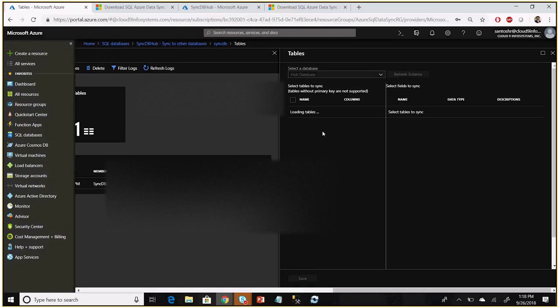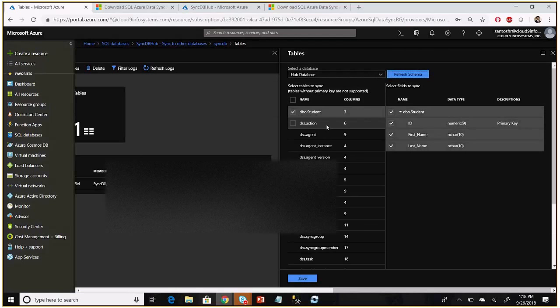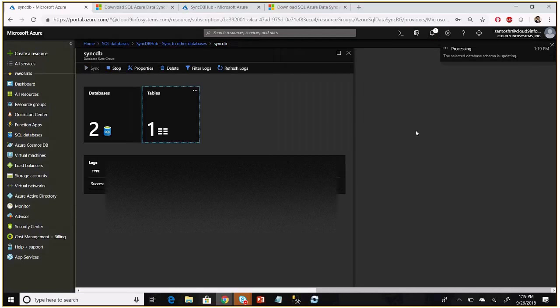It looks like the database has a lot of tables, so it will take some time to refresh and load. Just give it a few seconds. Yeah, here. I already selected the student table here. Once we save it,